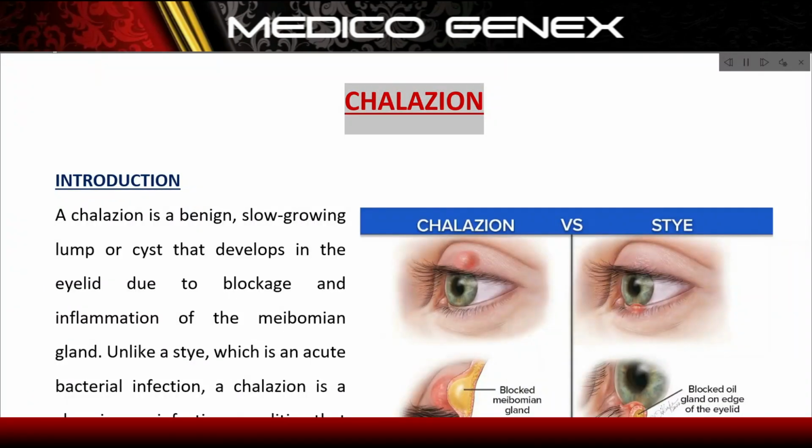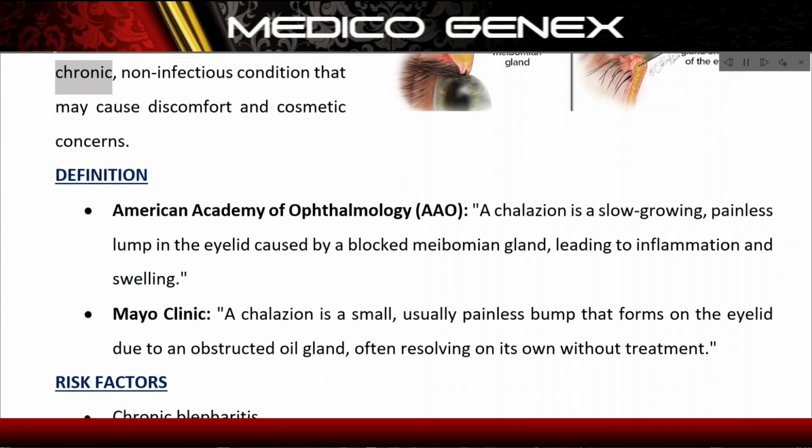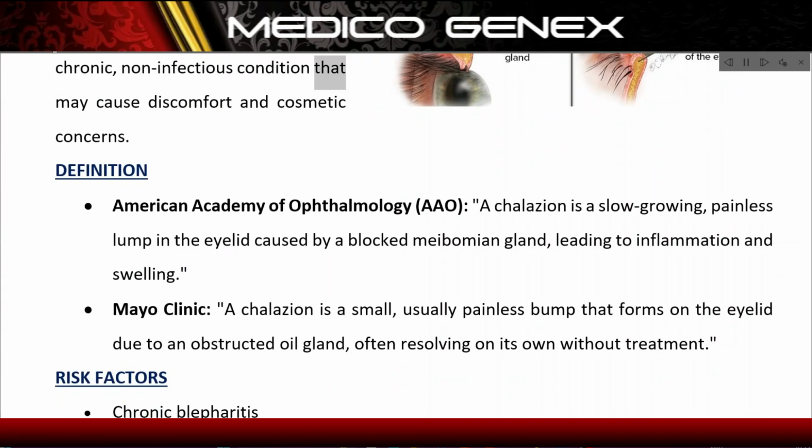Chalazion. Introduction. A chalazion is a benign, slow-growing lump or cyst that develops in the eyelid due to blockage and inflammation of the meibomian gland. Unlike a sty, which is an acute bacterial infection, a chalazion is a chronic, non-infectious condition that may cause discomfort